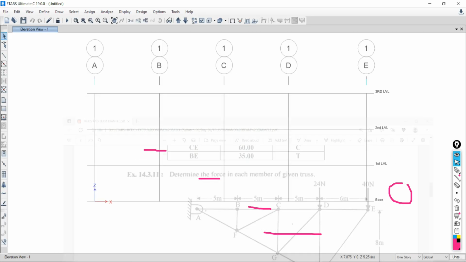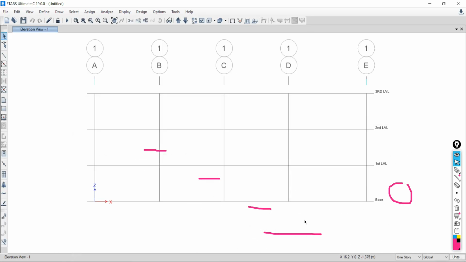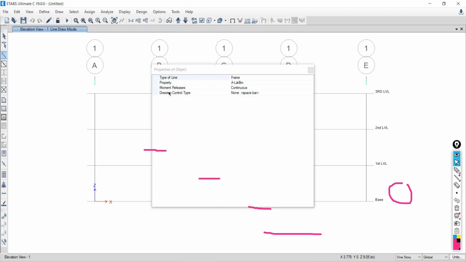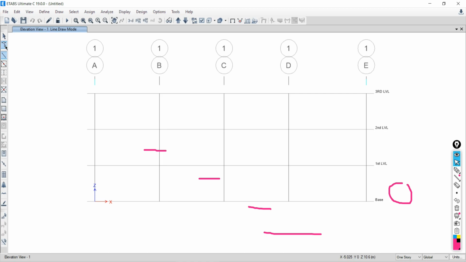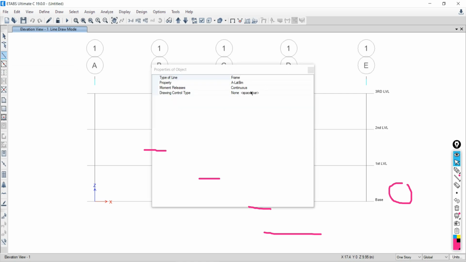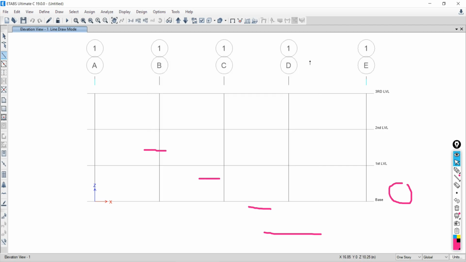So see, just go to this frame, and now close this dialog box. How can you start the modeling? You need to click over this frame. Once you click over this frame, this dialog box will open, and now close this dialog box, and see, our first point is